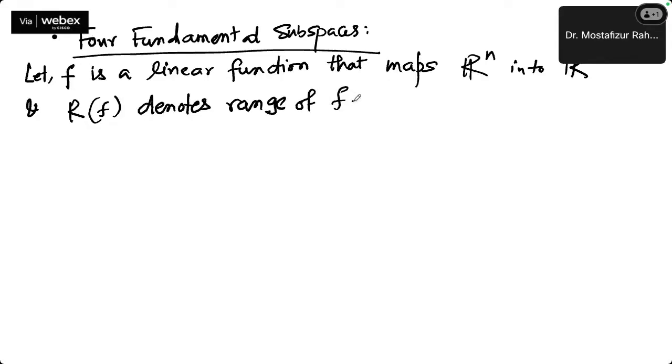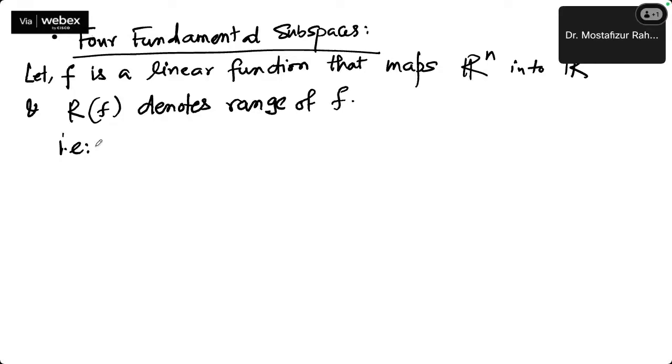Every function has a domain and a range. So we take a function f, which is a linear function, and the purpose of this function is to map Rn to Rm, and there is a range associated with it that is called R of f. Mathematically we can write it as,